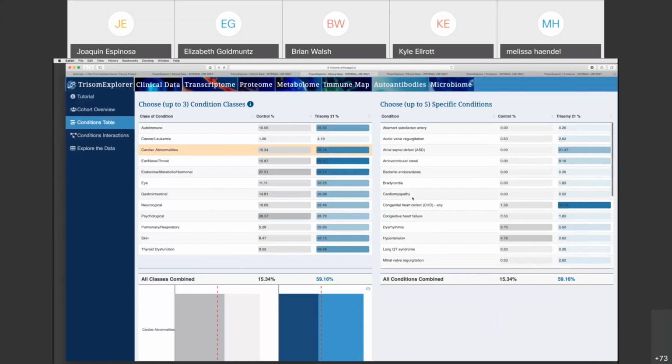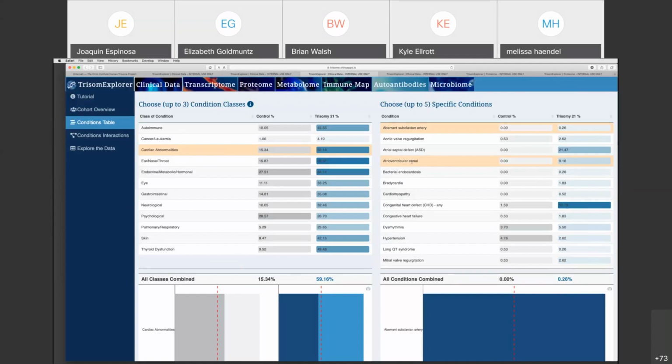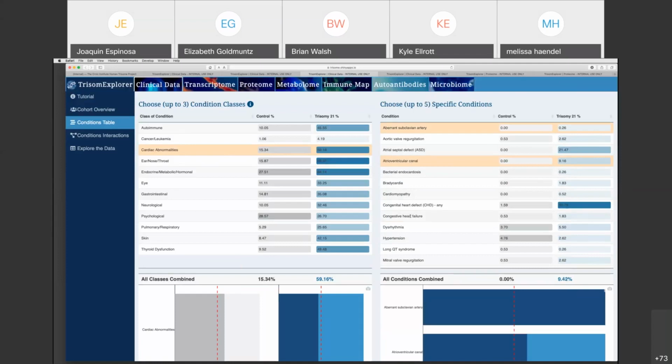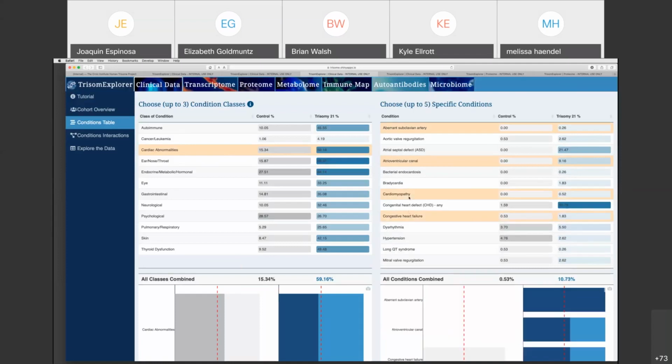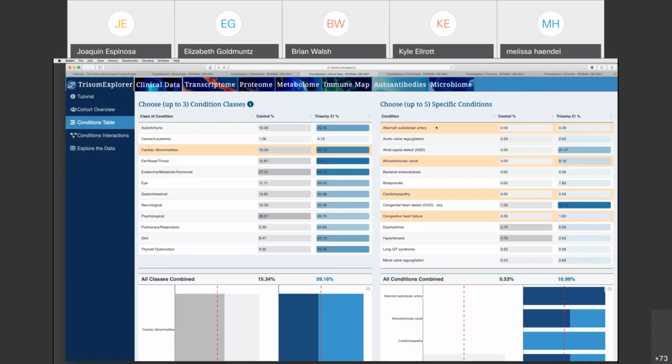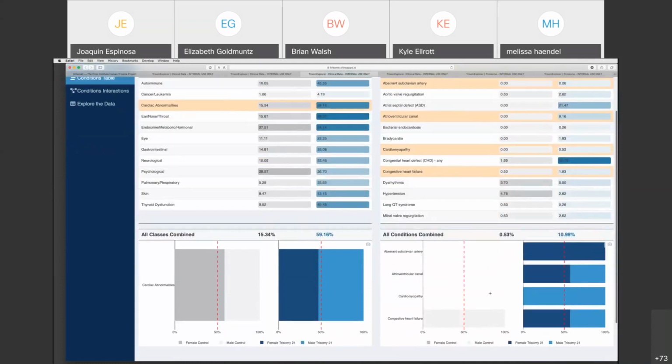And then for the purposes of research and data visualization, you can start selecting different things. I'm just kind of randomly now picking up different things. And every time I select something by holding the command key, I get now an update of my figures. So I select these 4 conditions. 10% of people with Down syndrome, 11% almost, have at least one of those conditions. I can go down here and see my sex split for the 4 conditions, while I'm also seeing here the sex split for